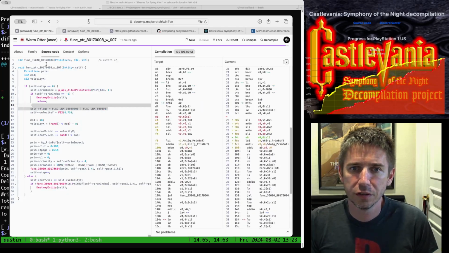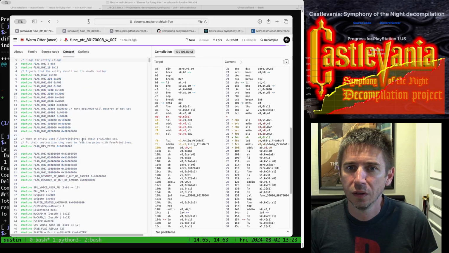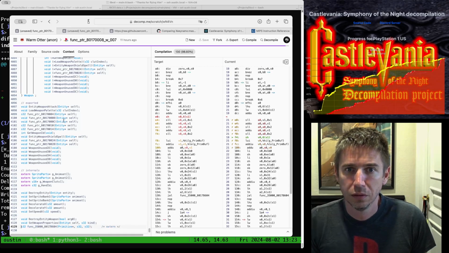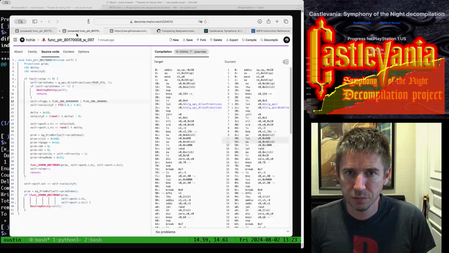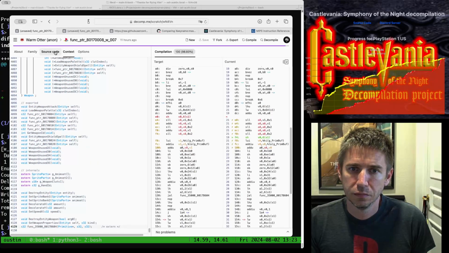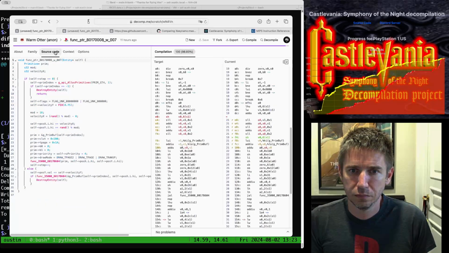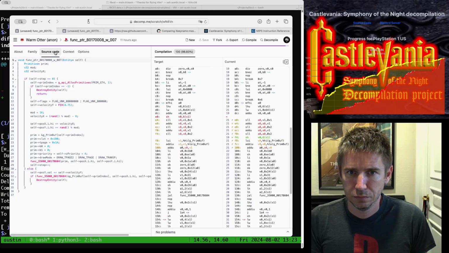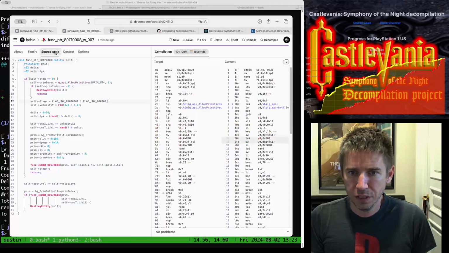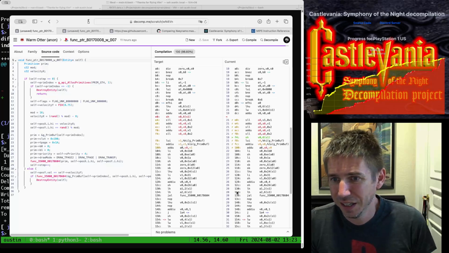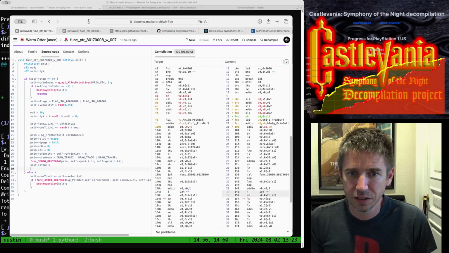Let's see if I can get these as close as possible, so I can flip back and forth between them. Name differences, and the only difference that I see, and this is going to be stupid if it's the case,